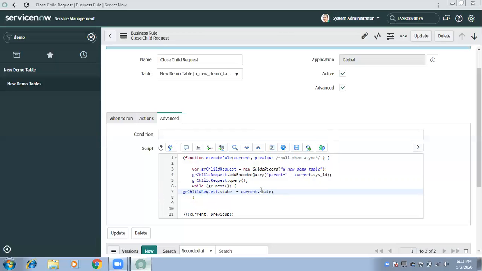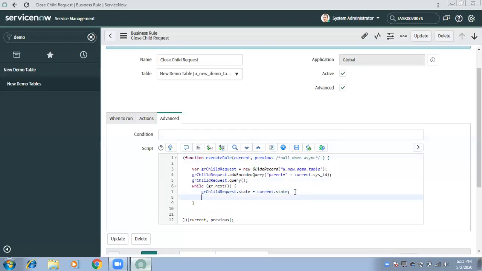So here I am saying update the state of the records which you get through this query similar to the parent state. So if parent is closed incomplete, make it closed incomplete. If parent is closed complete, make it closed complete. Closed skipped, then make it the same. Now I have set the value, but to commit the change in the database, I need to update it. So I need to write dot update.